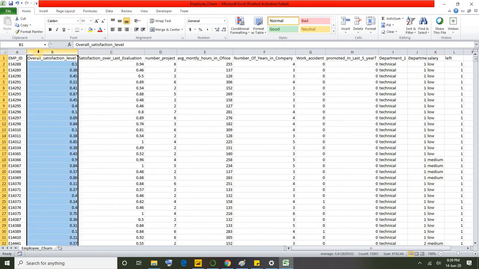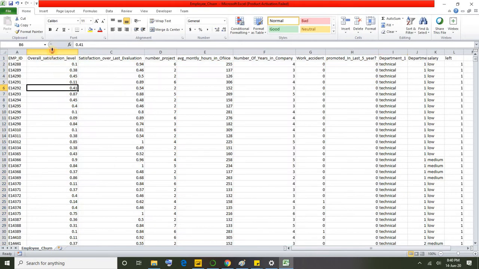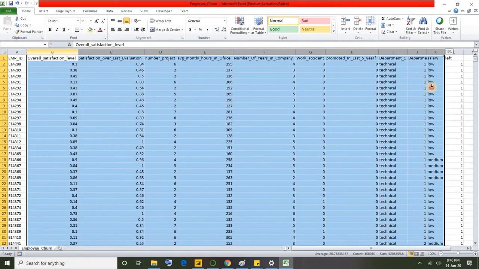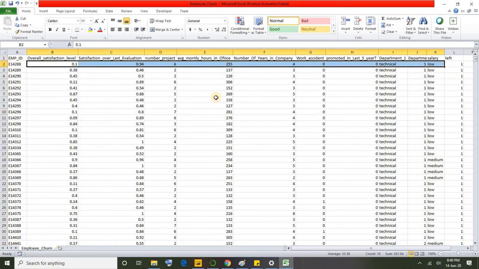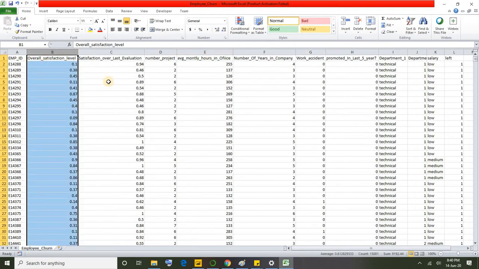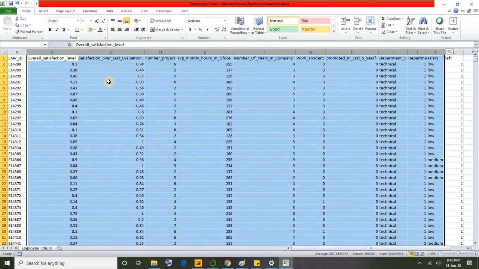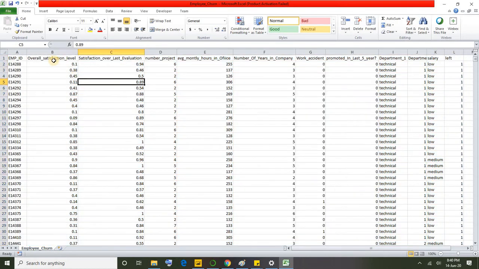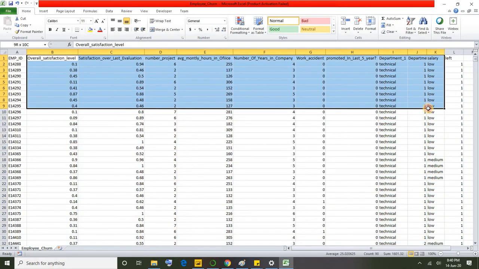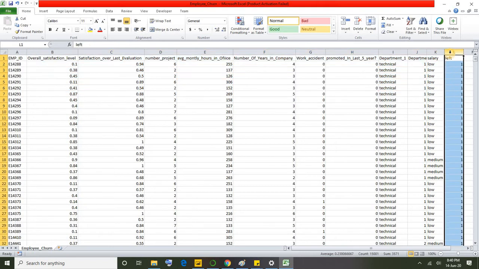As I showed in my previous video as well, this dataset has got independent variables as well as a dependent variable. These are all independent variables and this is the dependent variable. The left column is the dependent variable. This column completely depends on the input values that we are passing through these independent variables. So this dataset has got both input values as well as the output values we expect post our model development, right? These are all input variables that will be passed to the model, and what we expect is the value for the left column. That's what we predict.